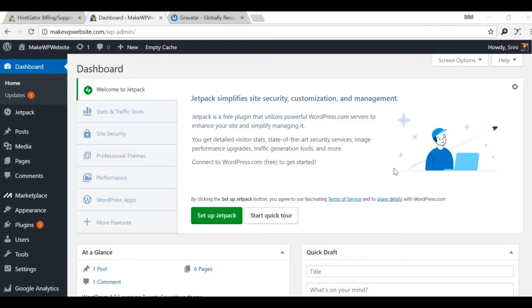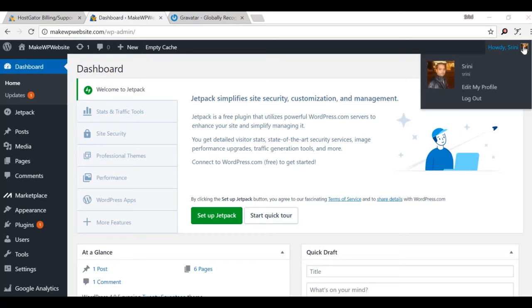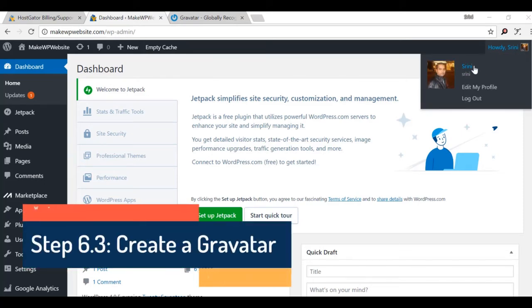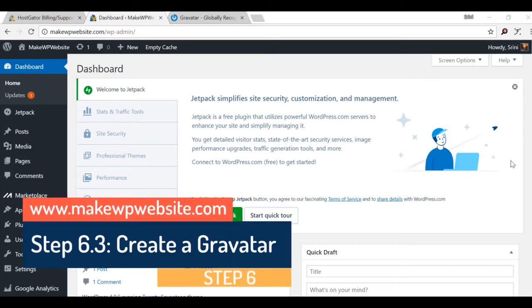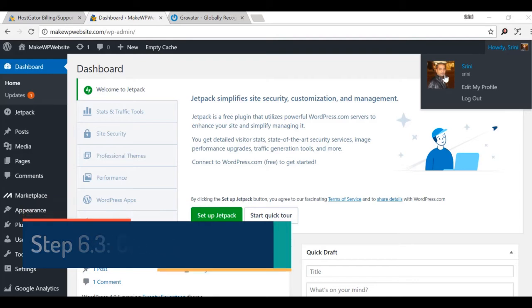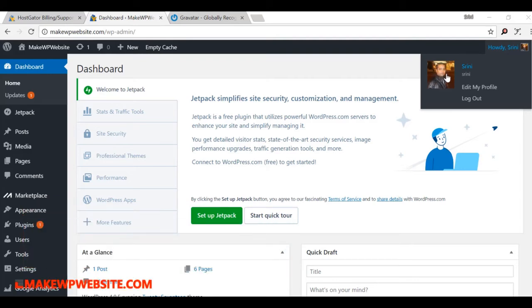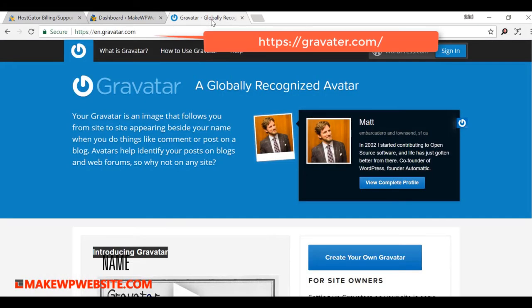Okay, so next we will look at how to get your image on your email ID. If you remember, maybe when you log in to this site, you are not able to see your image, right? You might be seeing a WordPress image here or maybe some other images here. And the reason behind this is your email ID is attached to an image, and that is done with something called Gravatar.